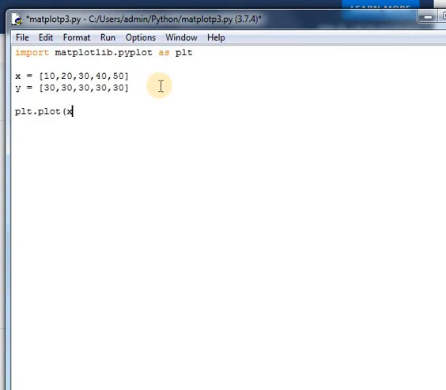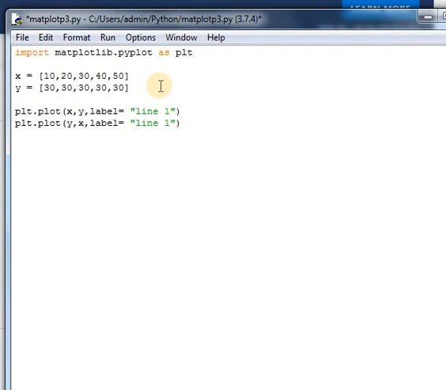Now the first argument that we have to pass is the x-axis. For the x-axis I want to give the list x, for the y I want to give the list y, and the label equal to line 1. Now in this program I want to plot 2 lines at a time, but with the arguments y and x.